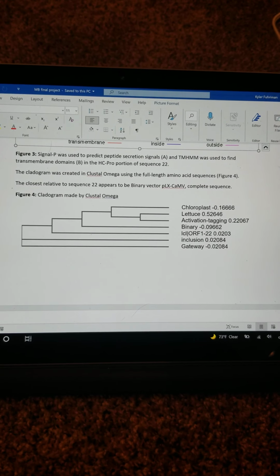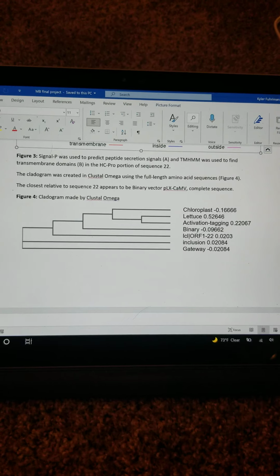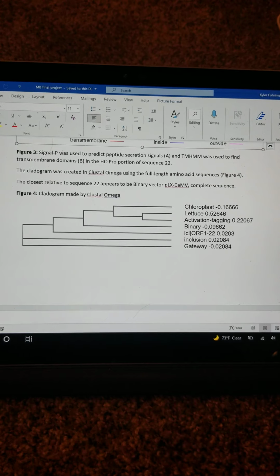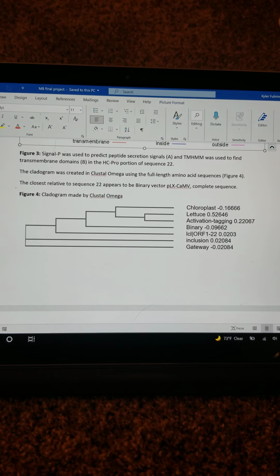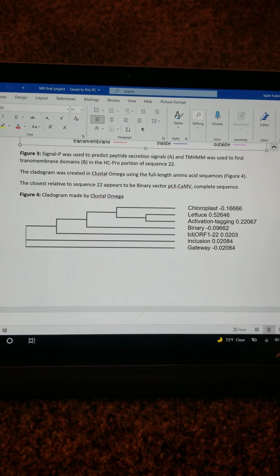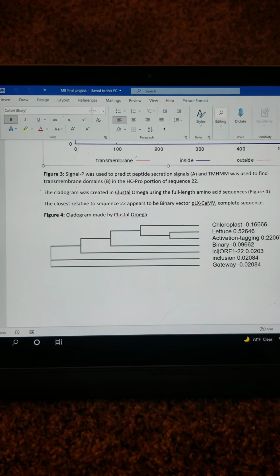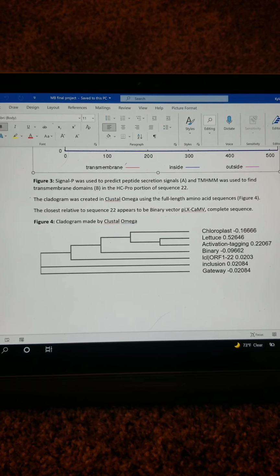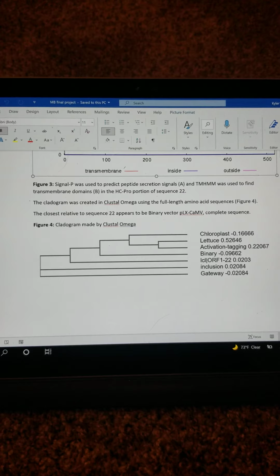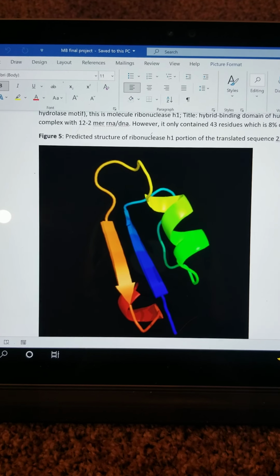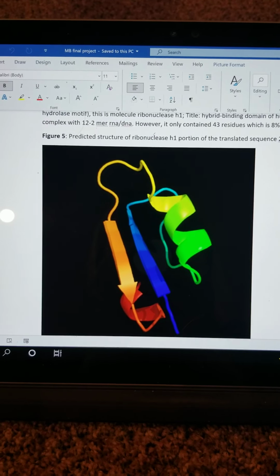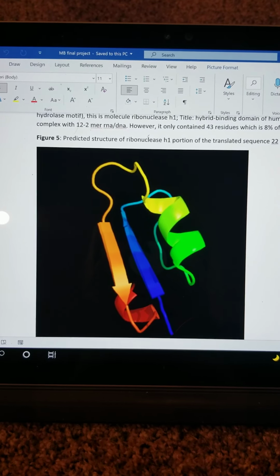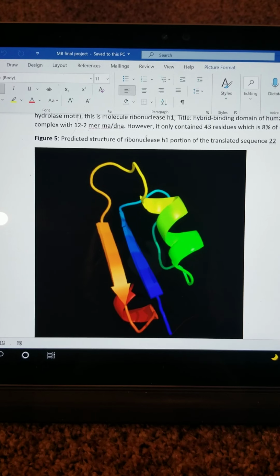This is my cladogram made by Clustal Omega with my sequence and then the 5 closely related sequences and then the one that was a little bit more distantly related. I found that the closest relative appeared to be the binary vector pLX-CaMV. I then ran a FIRE analysis and found that the molecule that I got was the ribonuclease H1, and